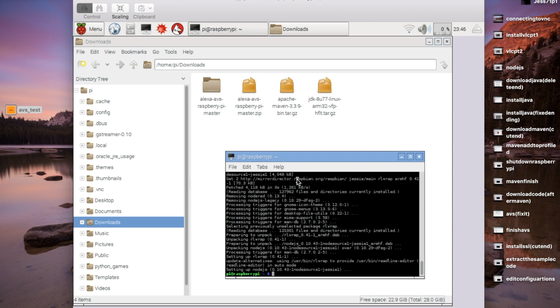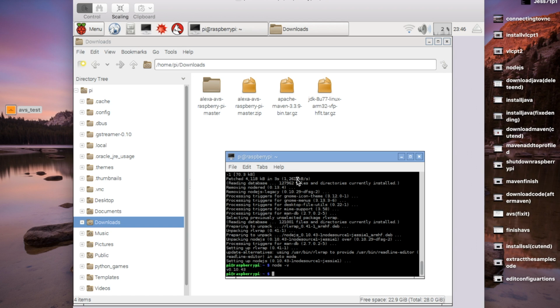And once it's done that, we can just go ahead and do node -v, check that it is fully downloaded and updated,